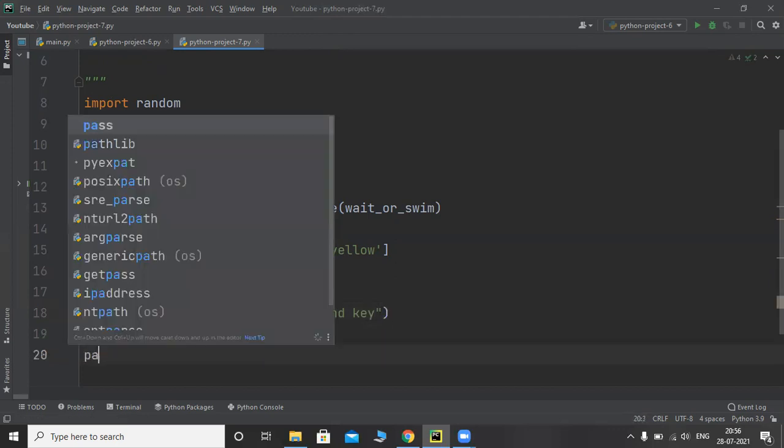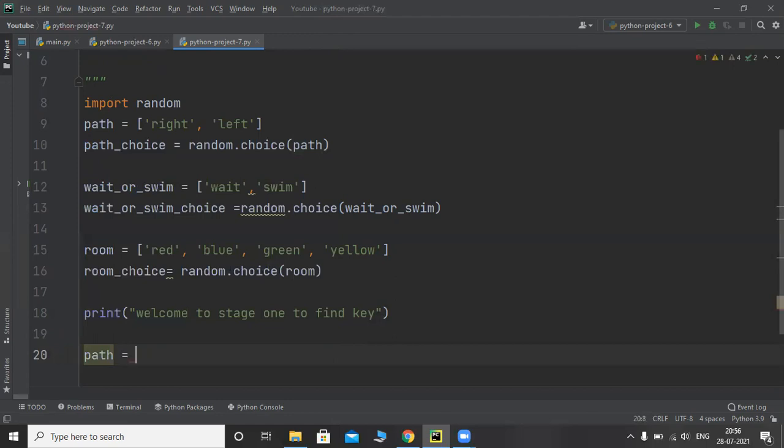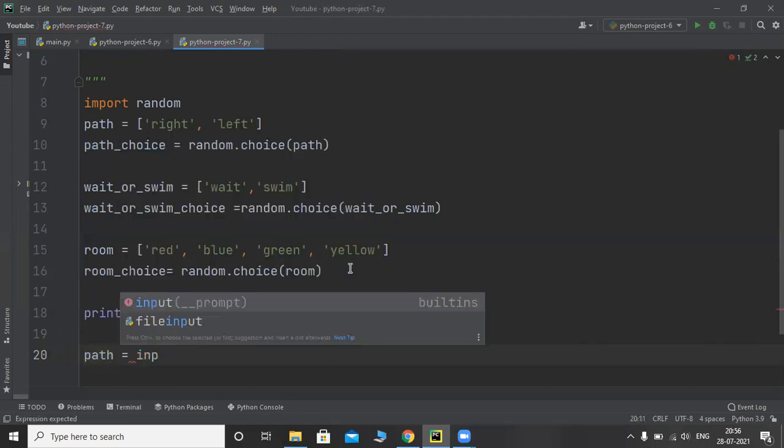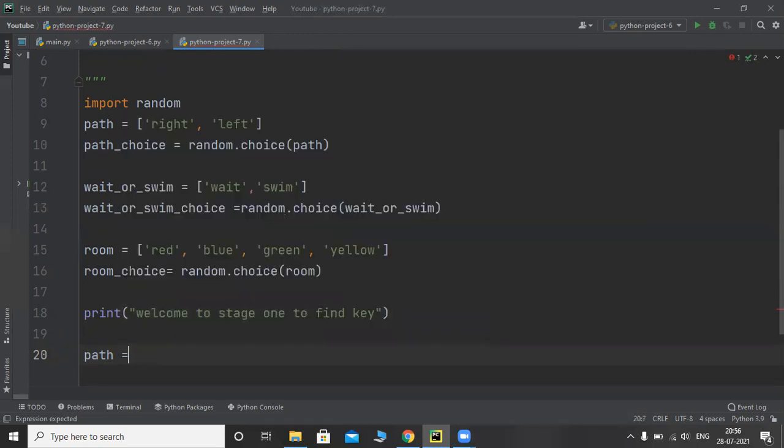And now input: the first variable path_select is equal to input, and it is going to ask which path do you like to choose.